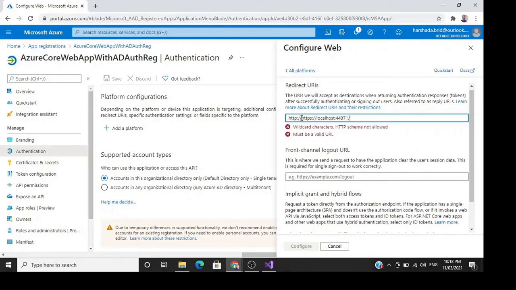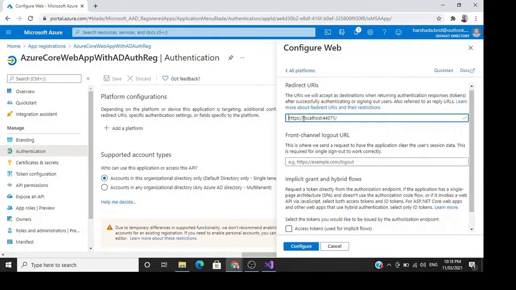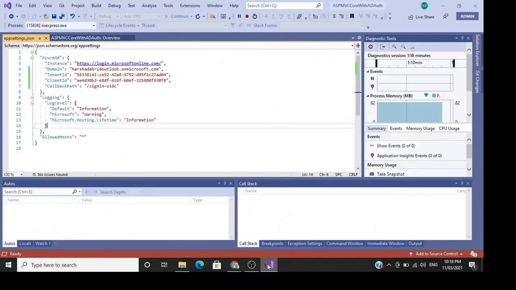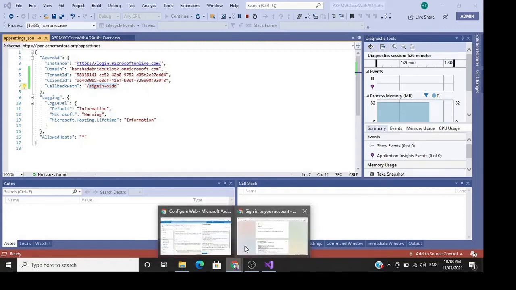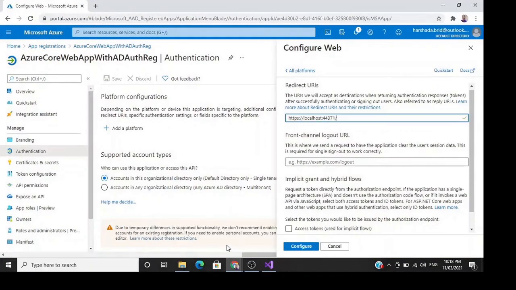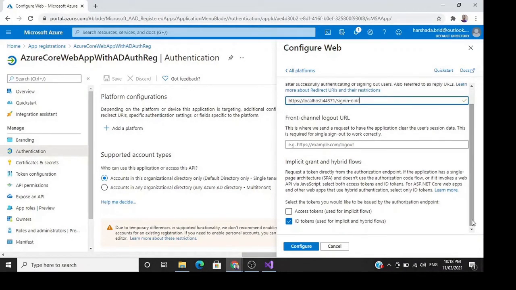We have mentioned our localhost URL over here, and we need to copy the callback path from our Visual Studio and paste it after the localhost URL in the redirect URL section of the Azure app registration. So we copied it, and then it's okay. Then say configure.